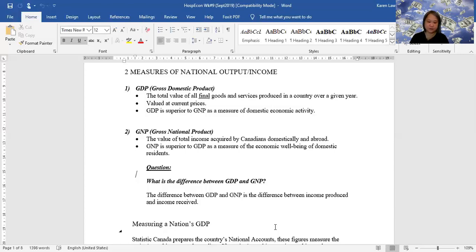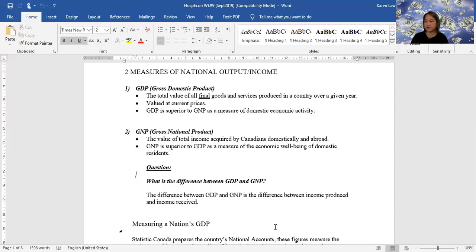So the biggest difference between GDP and GNP is that GDP is a great measure of economic activity within a certain country. So let's say that you're looking at the output or production of all the goods in a certain country. Whereas GNP is there to measure income acquired by domestic residents